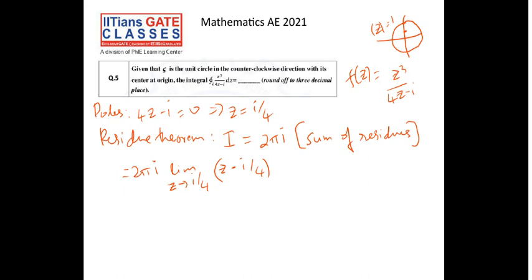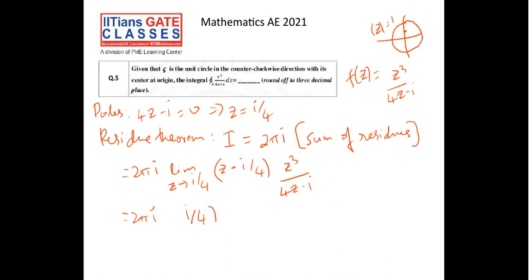We multiply it with z minus I by 4 also to cancel out the pole, and f of z. F of z is z cube by 4z minus I. So if we take 4 common from the denominator, the z minus I by 4 will cancel out, and substituting z equal to I by 4, we get